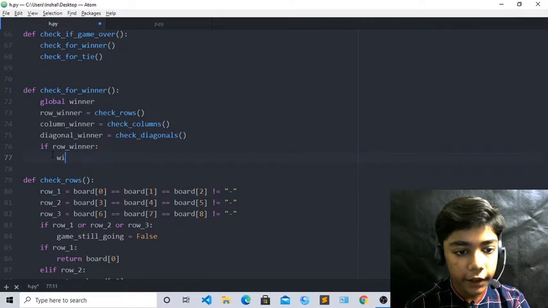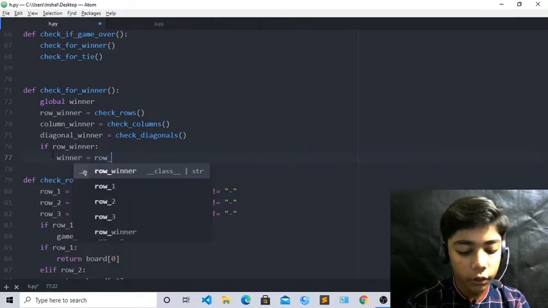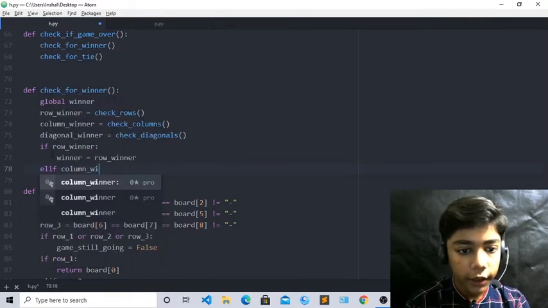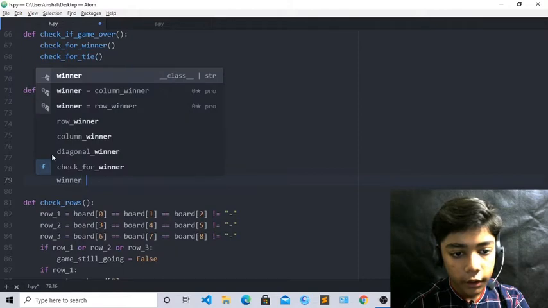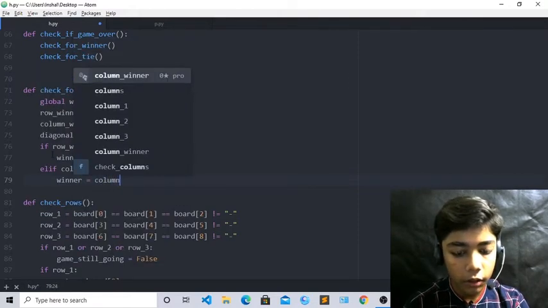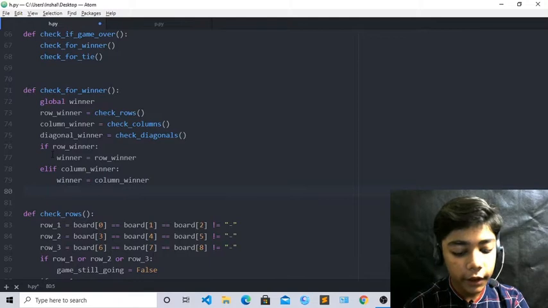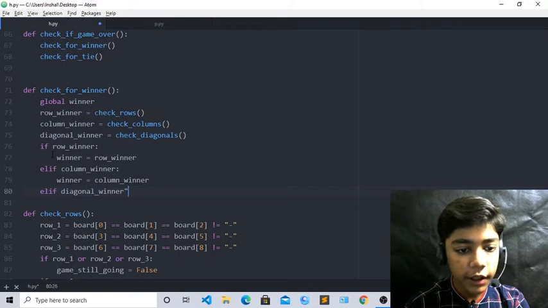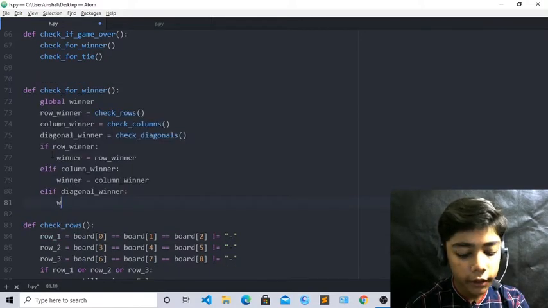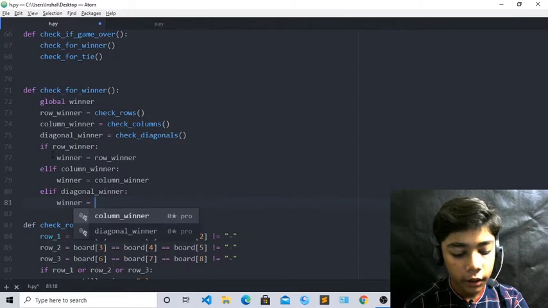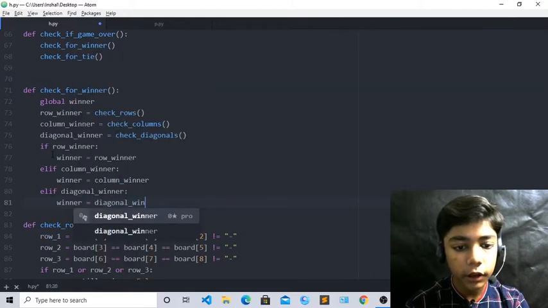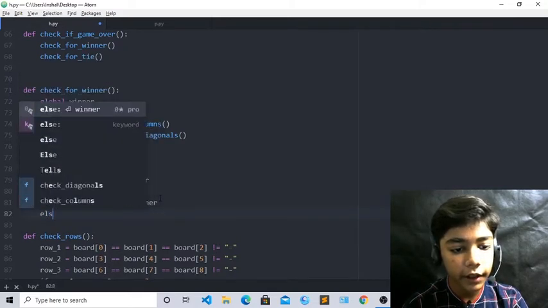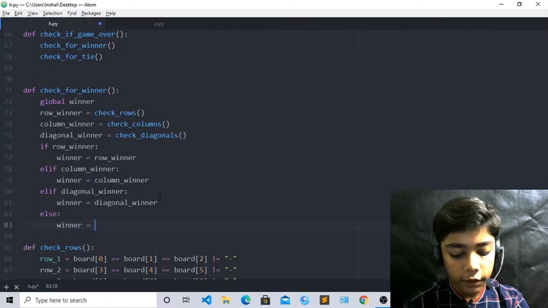Now come over here and write elif column winner, and now it will be winner equal to column winner. Now write elif, which will be diagonal winner, and now winner will be equal to diagonal winner, because we are defining 3 things here. Now till here we have defined, just write else, it will be winner equal to None.